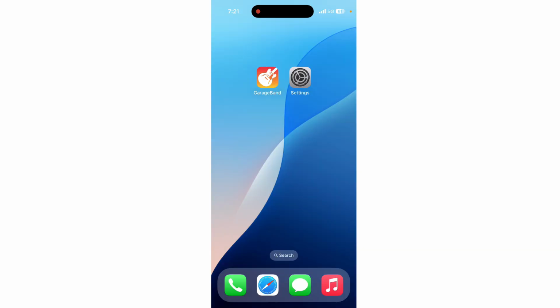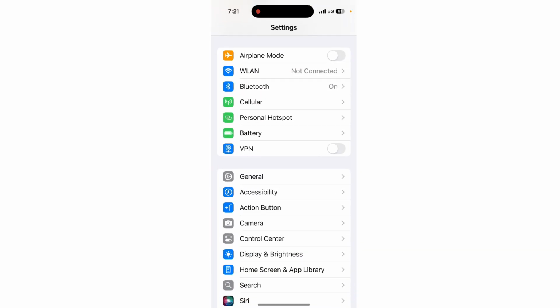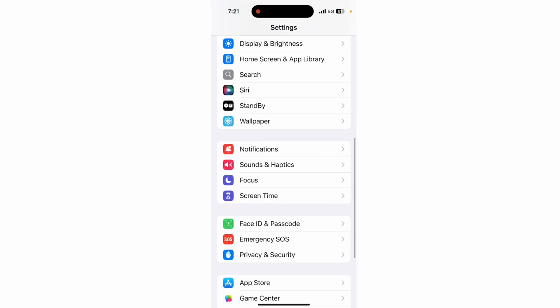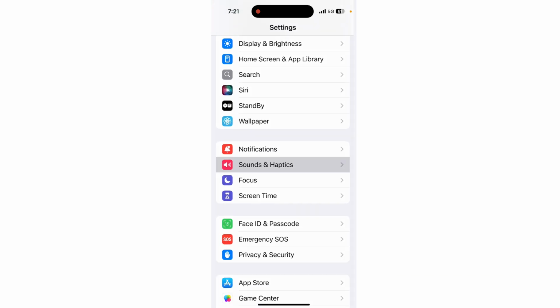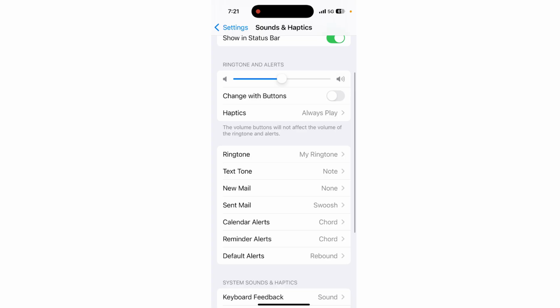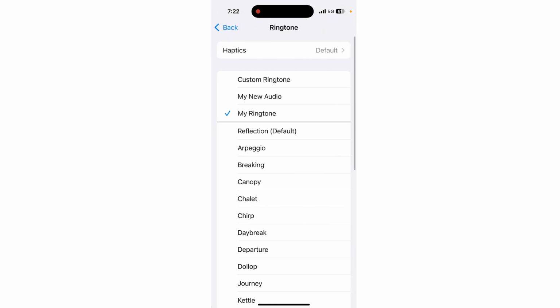So right now you just need to open your phone settings and then scroll down and you can find the option Sounds and Haptics, select it and then again scroll down and select Ringtone. Right now there is an option, my new audio, that you already recorded, so I select it. So right now you can see I successfully selected my custom ringtone, and in this way you can very easily